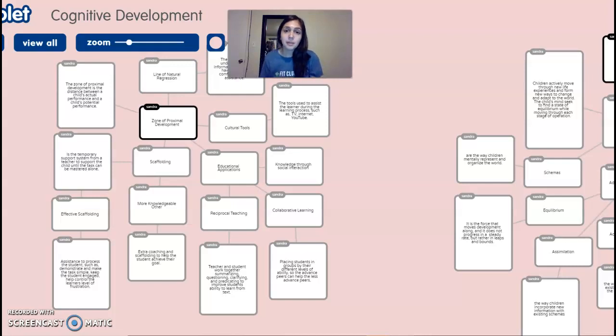I will begin explaining zone of proximal development. Zone of proximal development is the distance between a child's actual performance and a child's potential performance. A concept of zone of proximal development is line of nature regression,